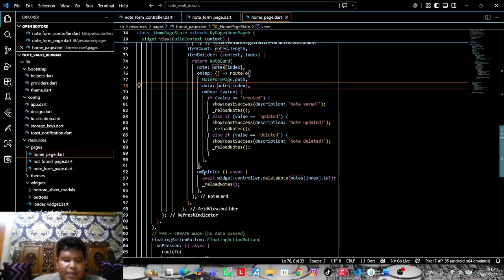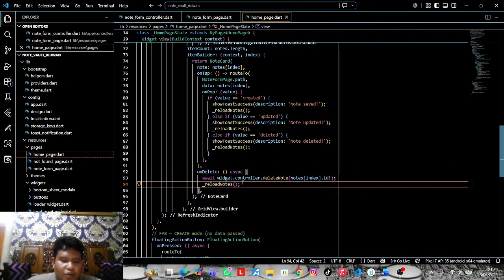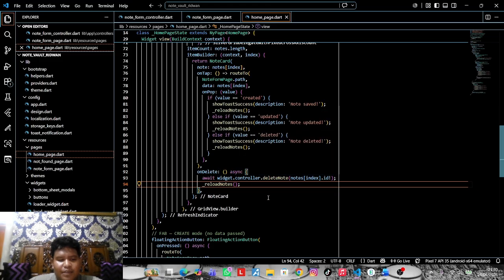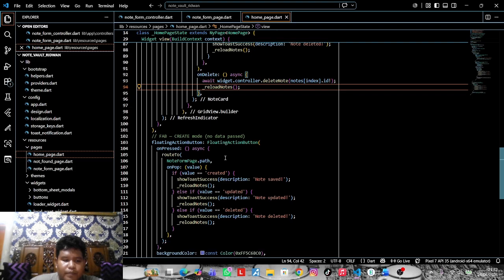The last one is delete node. So when the delete button is pressed, the controller will delete the selected node using its ID. After that, the reload nodes is called again, so the update list will appear immediately. And the last one is create new node.